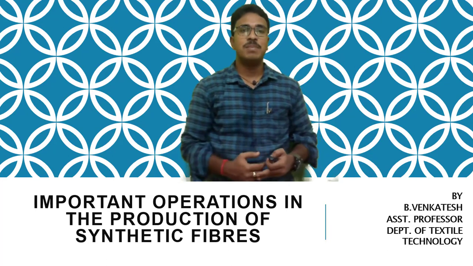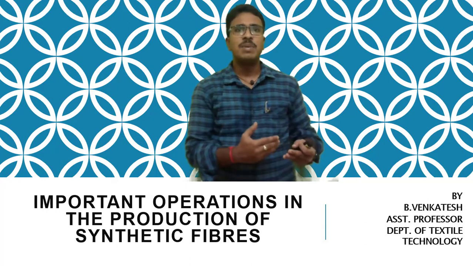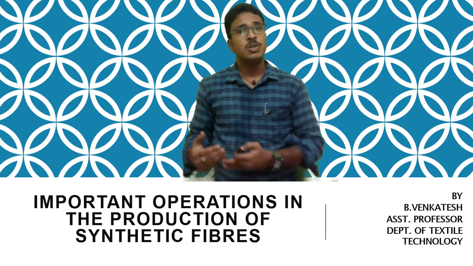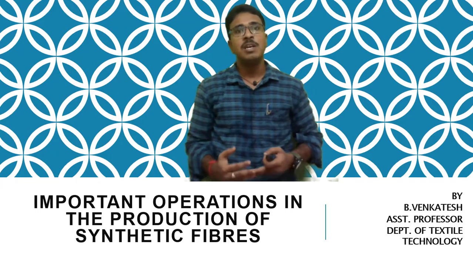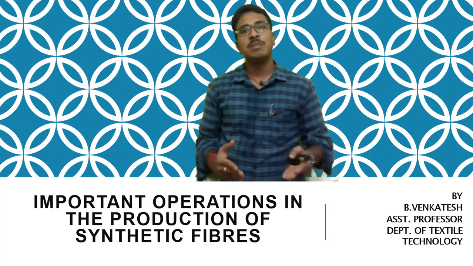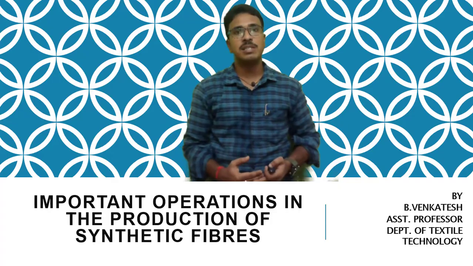Just like natural fibers, there are a lot of operations after getting the fiber, where the fiber has to be processed through different operations so that finally we get a continuous length of yarn. In the case of man-made fibers, we don't have exactly those operations, but even then, right from selection of monomer and converting that monomer into polymer, and from the polymer to get continuous length of yarns, there are so many operations involved. That is what we are going to discuss in this topic.